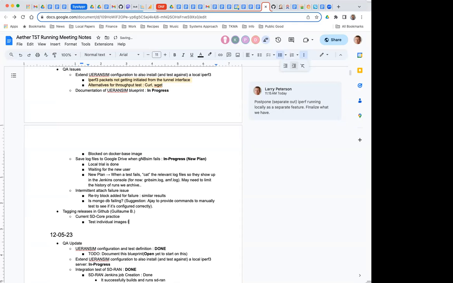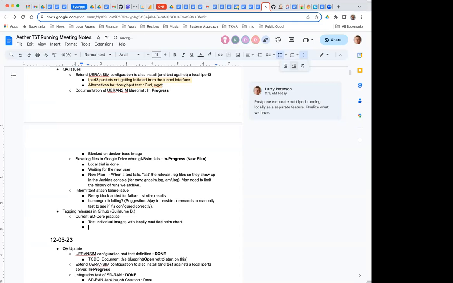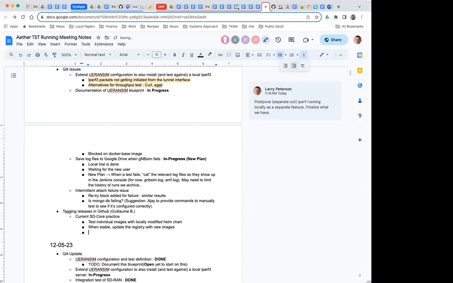Test images with a locally modified Helm chart. And then when stable, update the registry with the new images. And then as a separate step, check in the updated Helm chart.